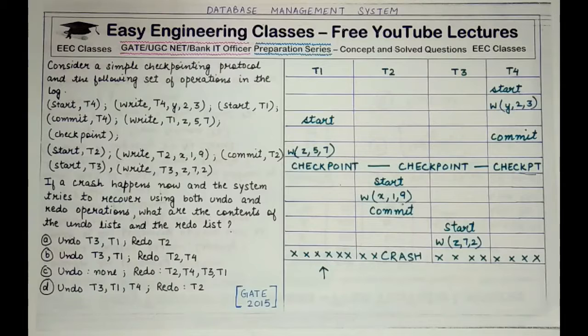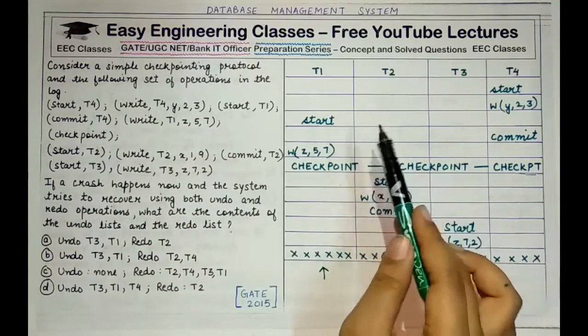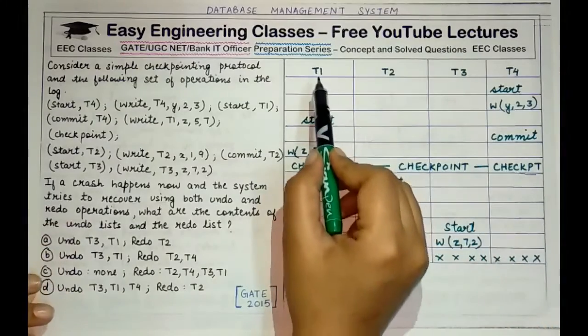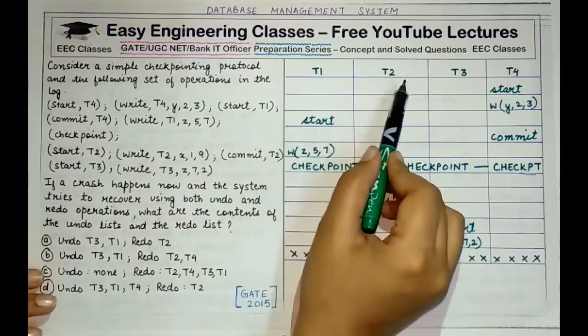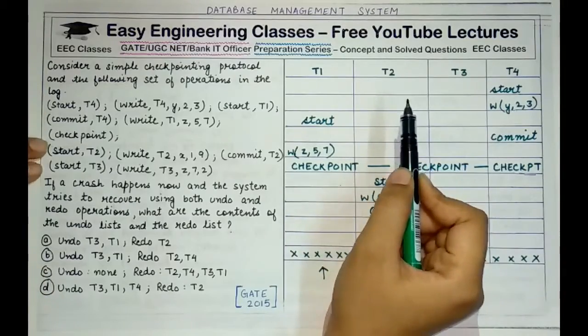Then the question asks that if a crash happens now and the system tries to recover using both undo and redo operations, what are the contents of the undo list and the redo list? Okay, so corresponding to these operations, I have made a table and written all these operations in a tabular form. So there are 4 transactions given to you, T1, T2, T3 and T4, and I have put these operations sequentially